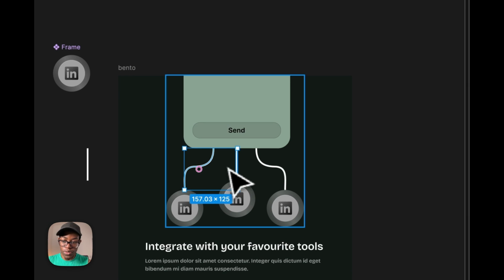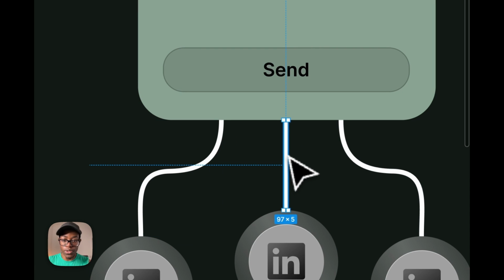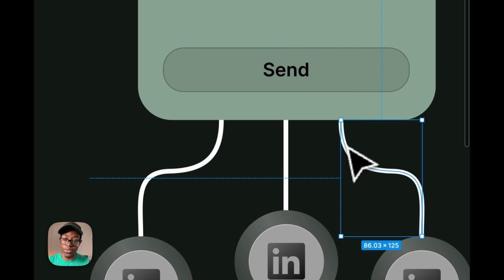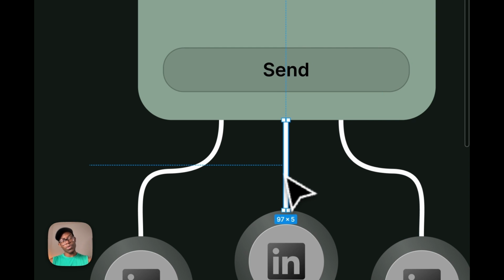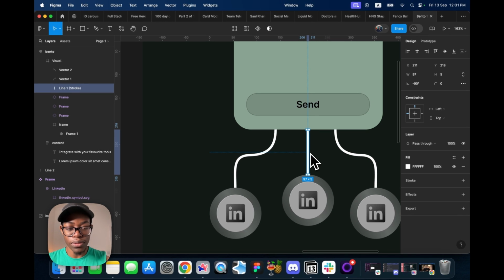If you notice, some of these ones we use stroke, some we use line, some we use stroke again. This stroke can work for this one. So the problem I experienced was with using stroke for that one, but